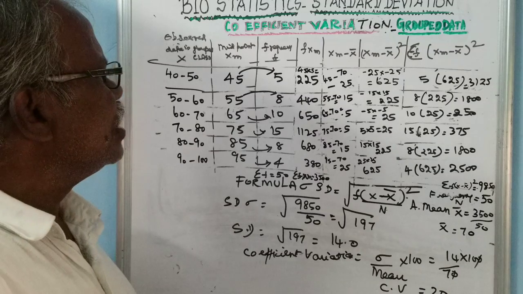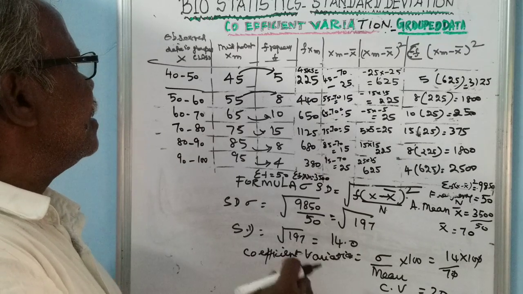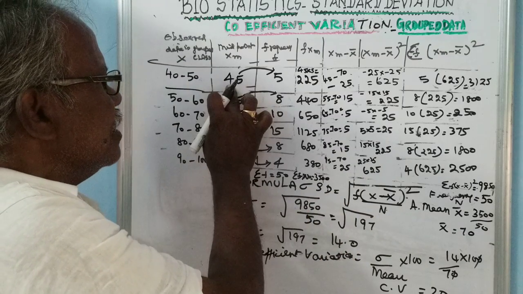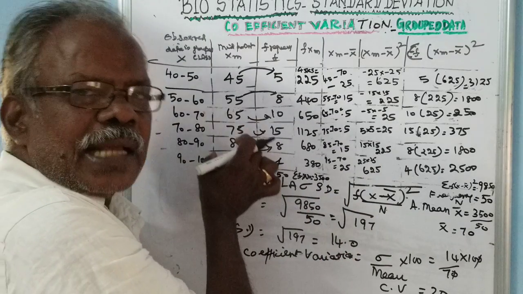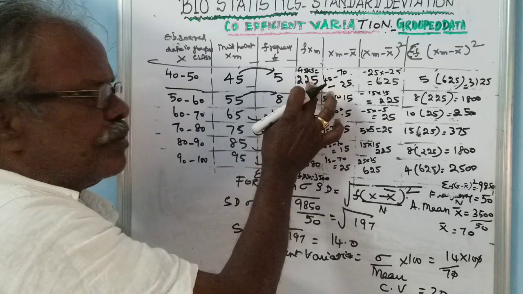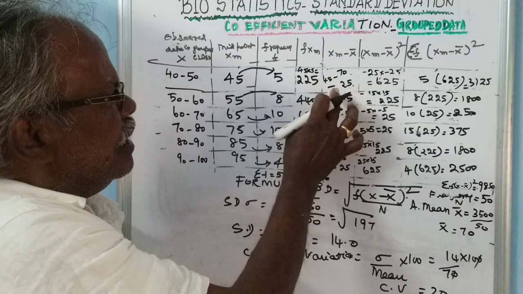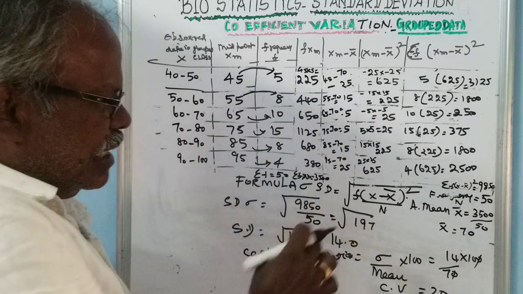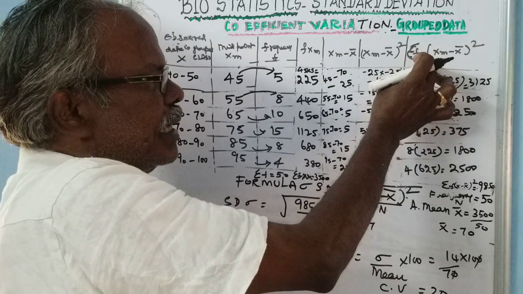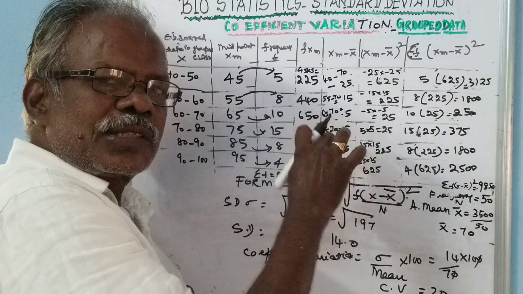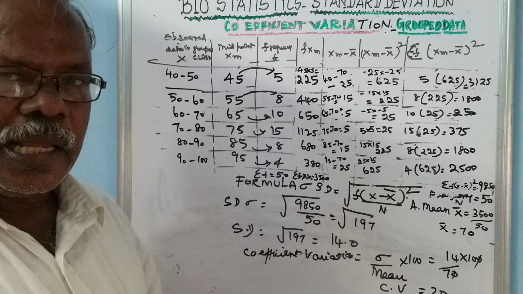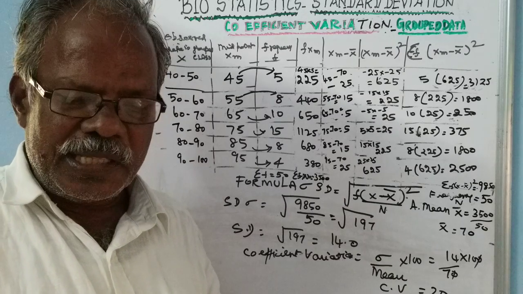To recapitulate once again, the standard deviation for the group data: the important thing in group data is that the mid value is to be taken as the class. Then it has to be multiplied by frequency, and we have found fxm. Then the average value, that is the arithmetic mean, is to be calculated. Then xm minus x dash square should be multiplied by frequency, then the square root is to be found out. So we have calculated the standard deviation as well as the coefficient of variation. With this we conclude this video.